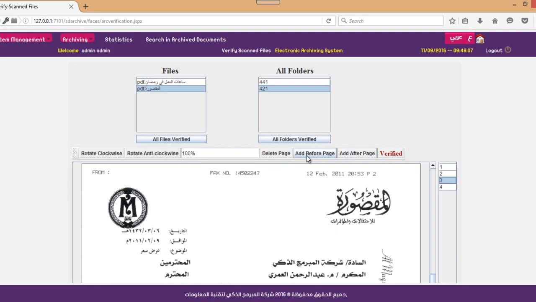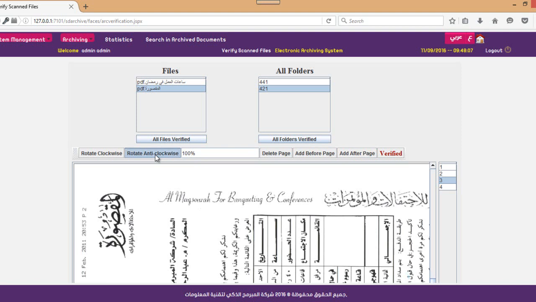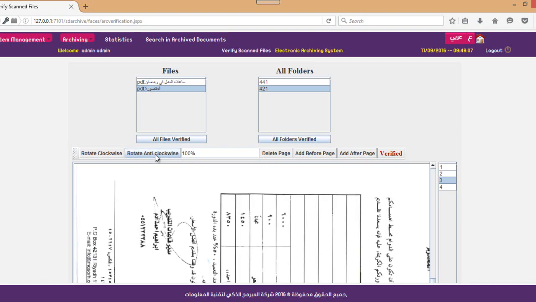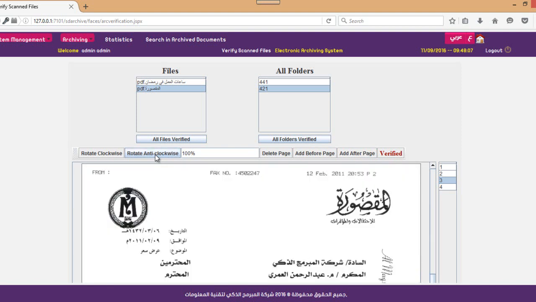Then we're going to scan again from the scanner and insert the new page. It is going to manipulate the document and modify it to insert before or after. You can even rotate. If this is the only problem, you don't have to scan it again. You can rotate clockwise or anti-clockwise, and of course you can do the zooming here